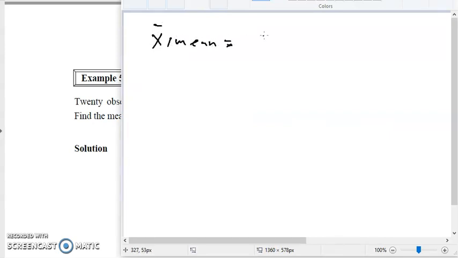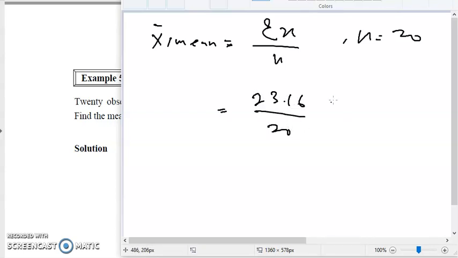By following the formula, we have sigma of x over n. In this case n is equal to 20, and we have 23.16 divided by 20, which will be equal to